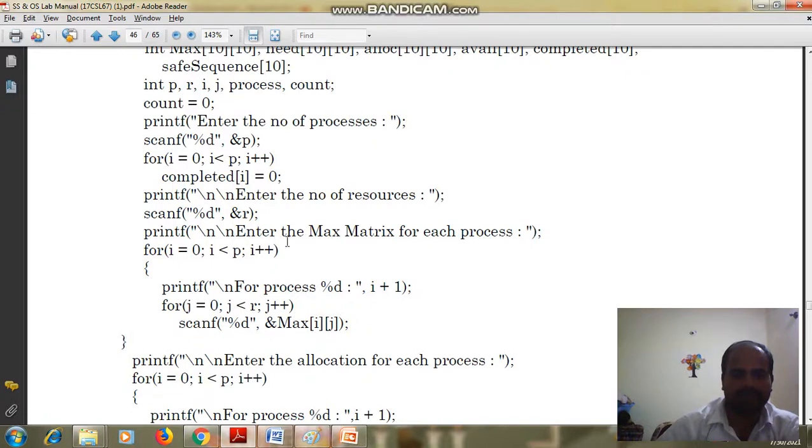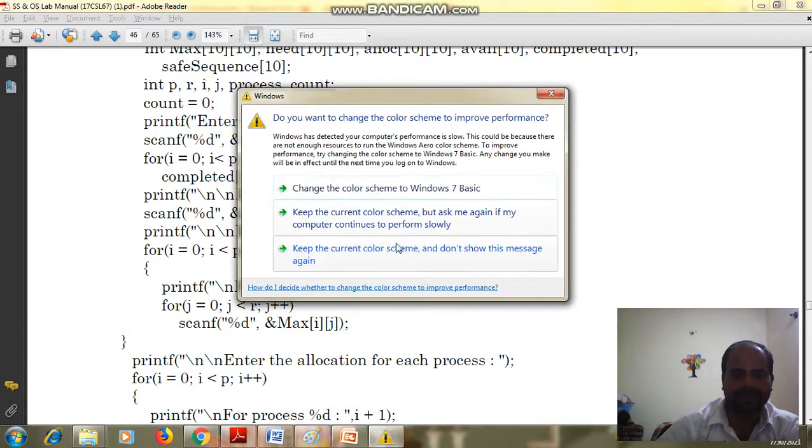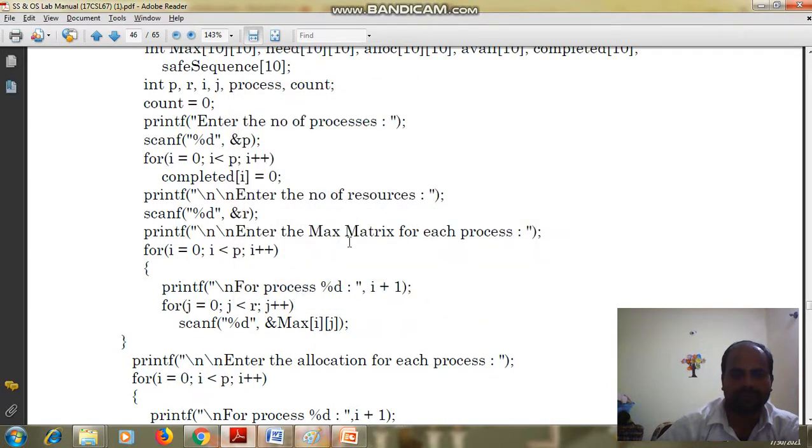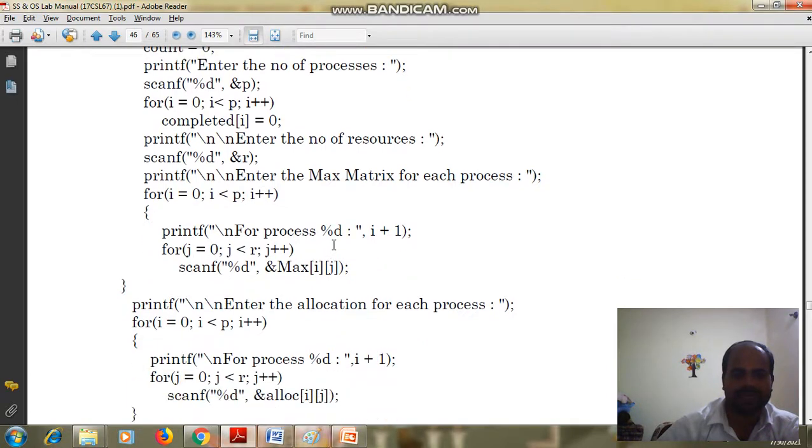Then we have to enter the maximum matrix for each process. So i equal to 0, i less than p, i plus plus. For process i plus 1, that is, the first process, j equal to 0, j less than r, and j plus plus.